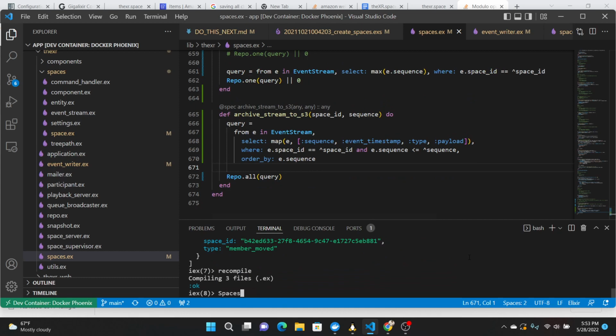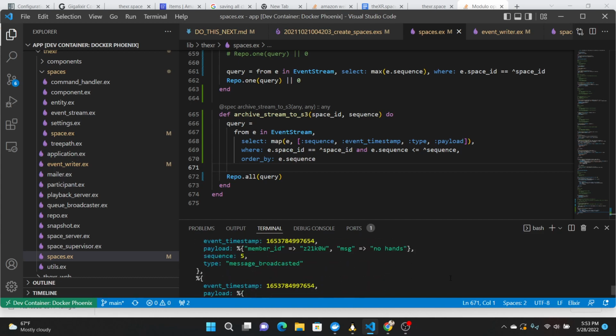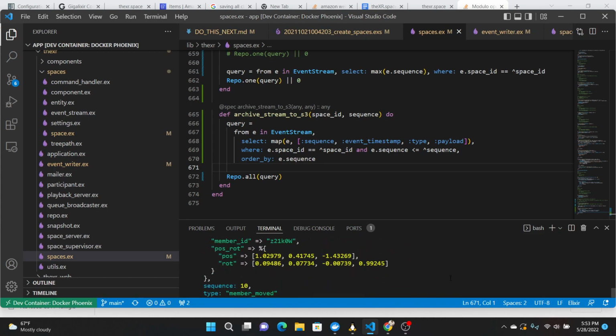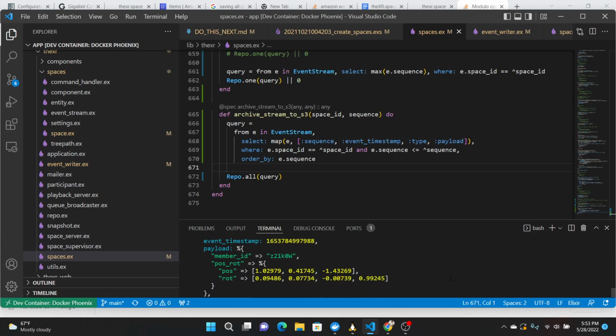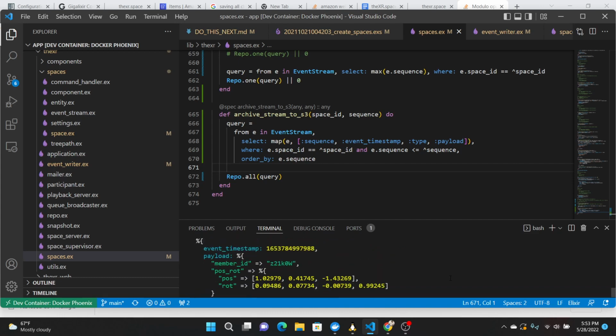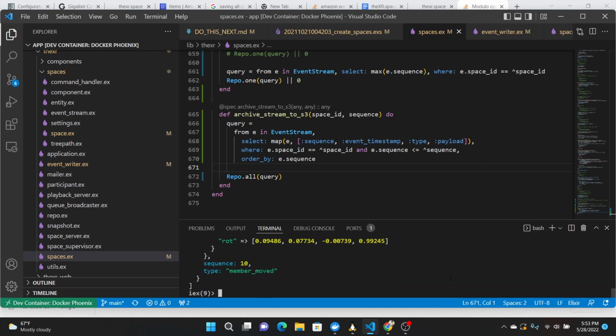So spaces archive and give me the space ID less than sequence 10, and it gives me an array of these things. Event timestamp payload sequence type. Okay, so if we did a JSON encode on all of these, we should be able to